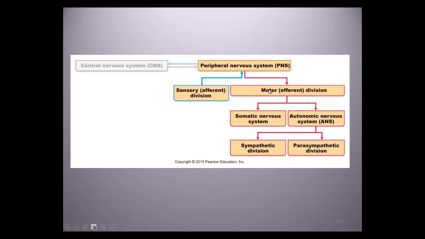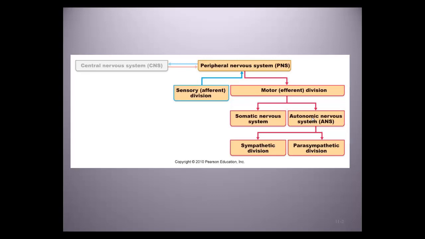If we look at the motor response, which is again the response coming from the central nervous system to some effector organ, that could be a smooth muscle, cardiac muscle, gland, or skeletal muscle, this would be the efferent pathway. That response is divided into somatic or autonomic. Somatic is voluntary skeletal muscle. That's the effector organ. The autonomic division of this motor response is the involuntary response, which is cardiac muscle, smooth